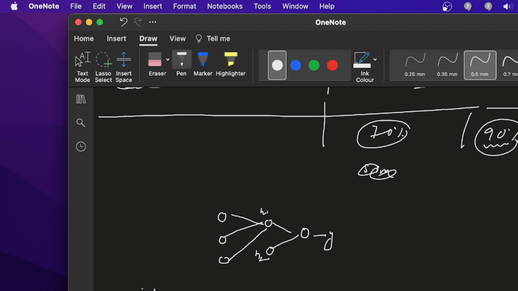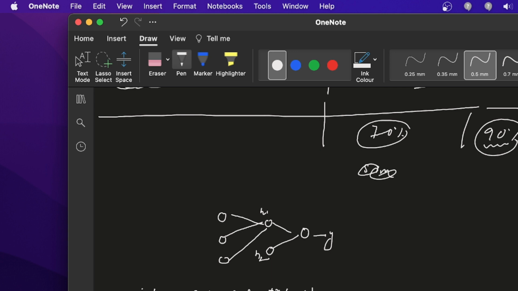Hypothesis 1 looks like x naught, w naught, x1, w1, x2, w2 and some bias.